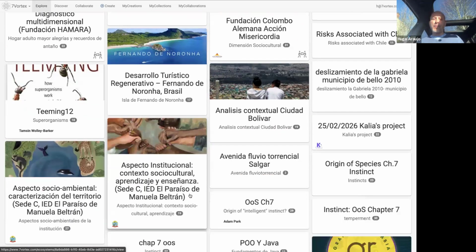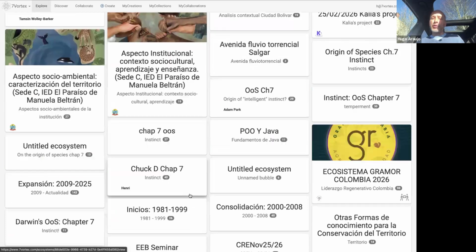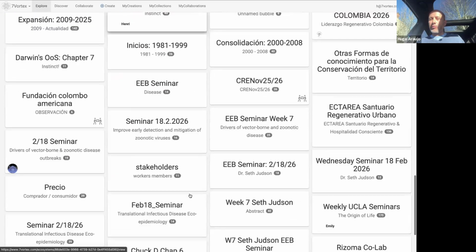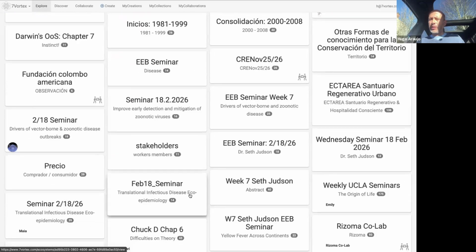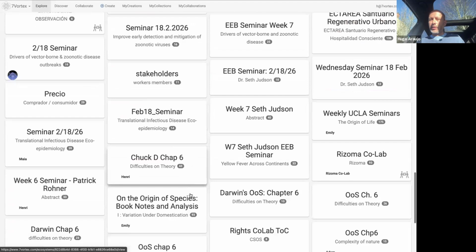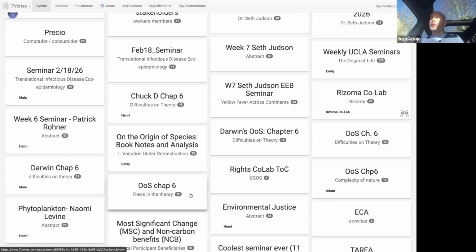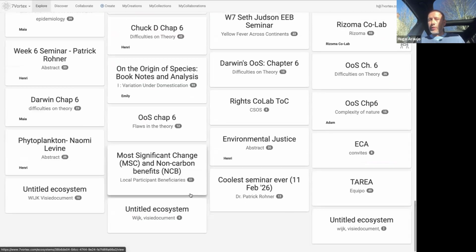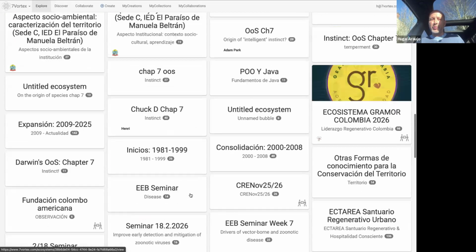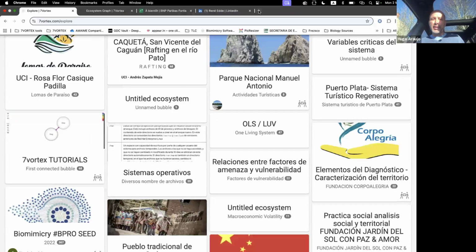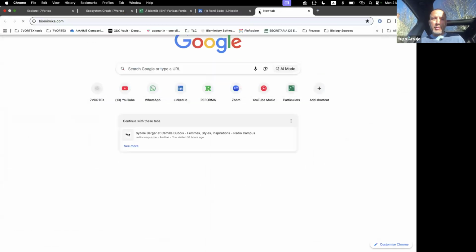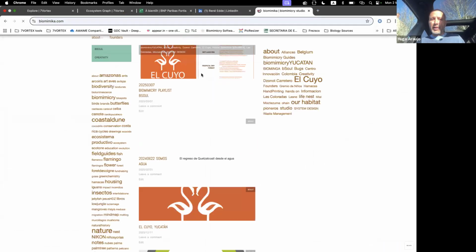So, for example, I was restoring a coastal dune in Yucatan, and I couldn't find information about it. So I thought, what is going on here that we don't have enough information, having so much knowledge about it? Local people know about the things that are happening there, but we don't have any space for them to share it.